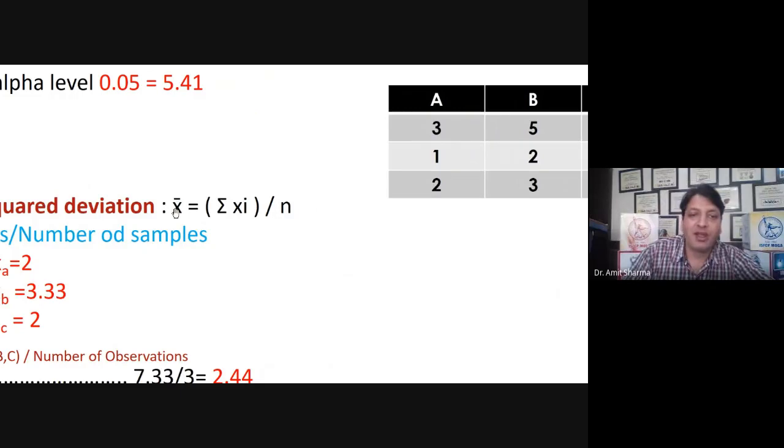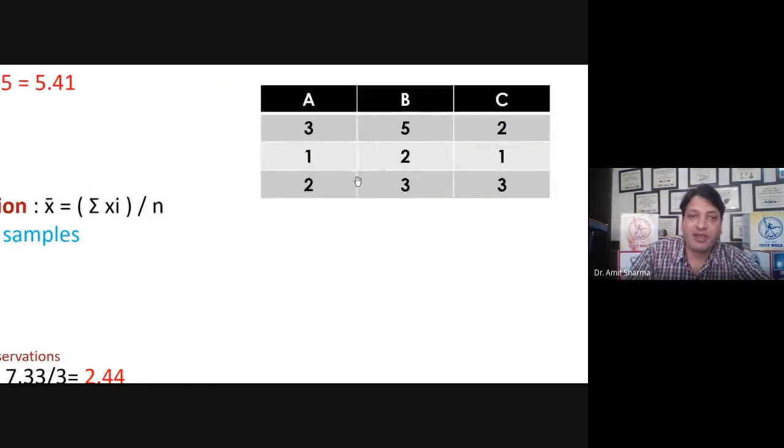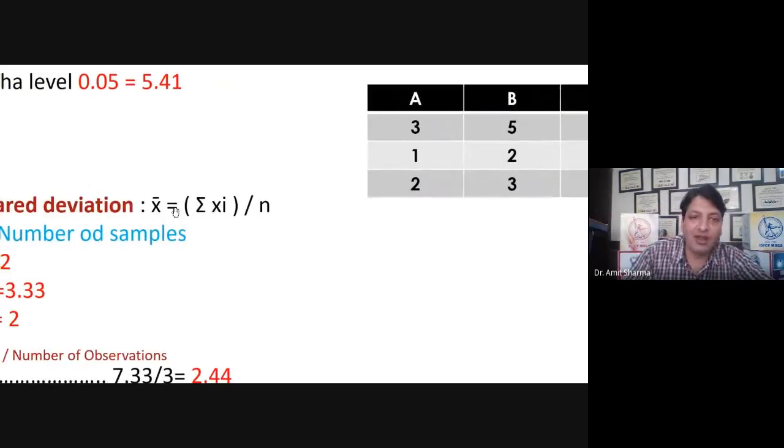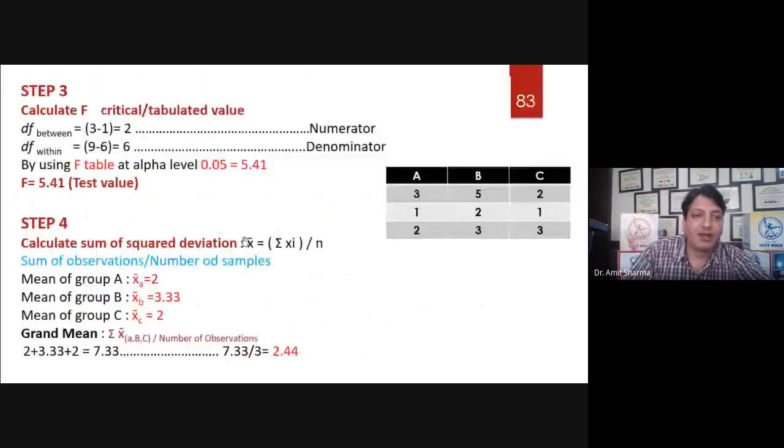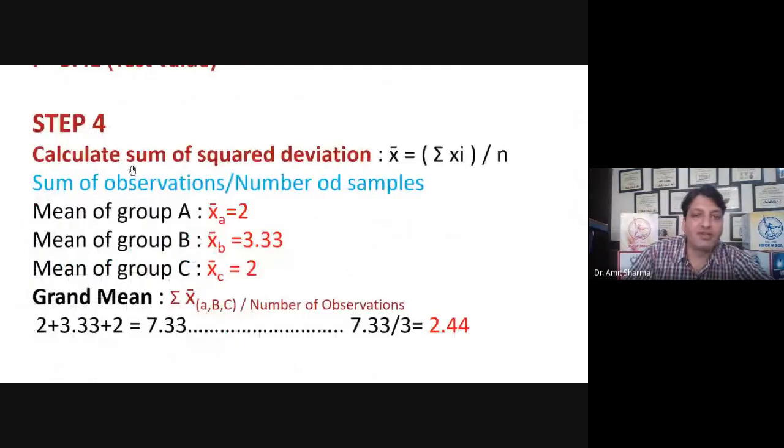That means if we have 9 observations, you have to run this formula 9 times. How to do it? Sum of observations divided by number of samples. Spelling mistake. Instead of f I have written d. Sorry for that.